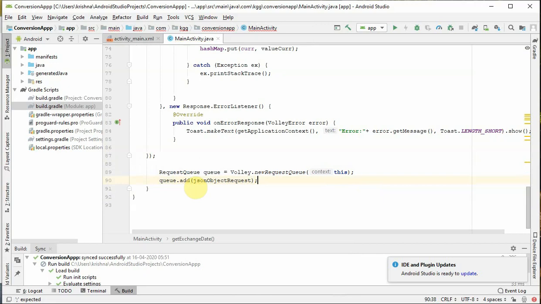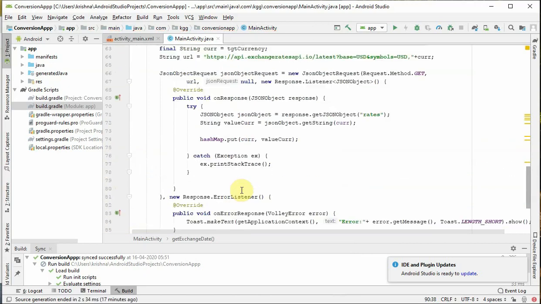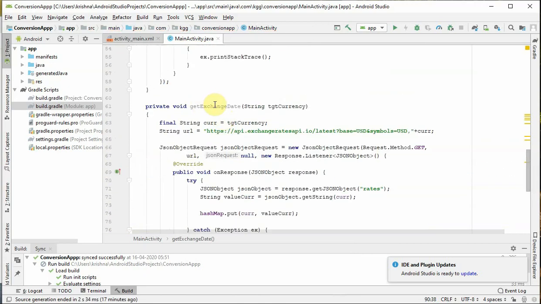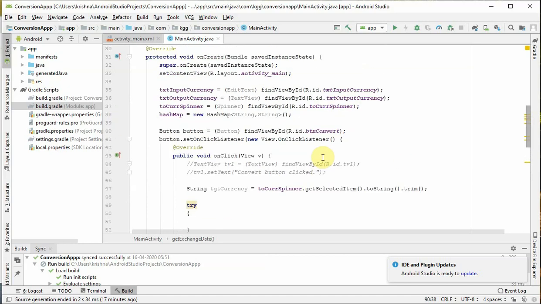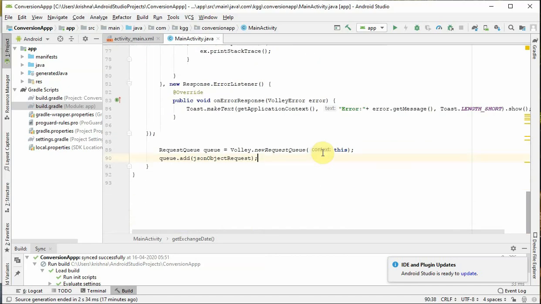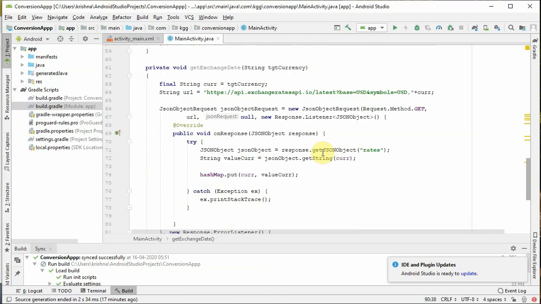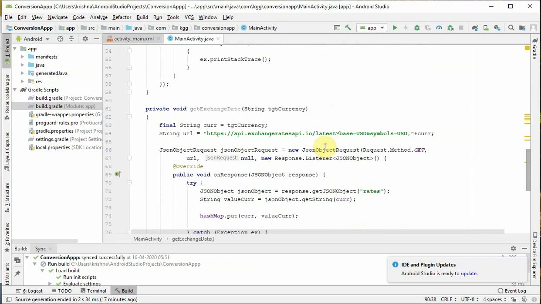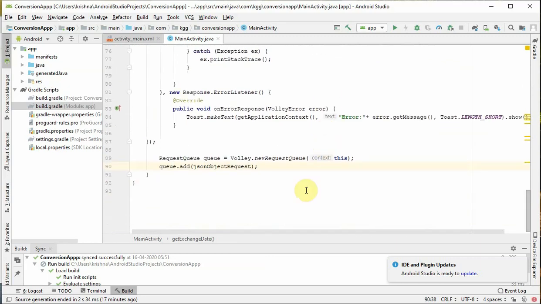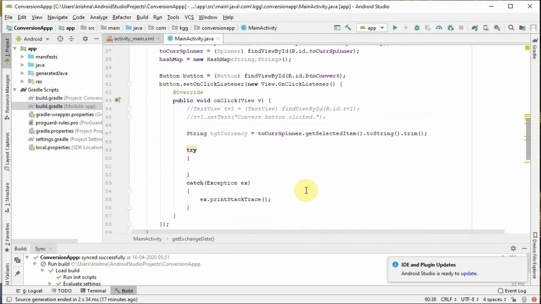Here we go. So what we have done so far is we created a get exchange function. We call this API to fetch the certain value based on the selection of this spinner. Okay, for this video, I think this is already a long video, so this is it for now. In the next video we'll convert based on the selection and print this on our app. Okay, so